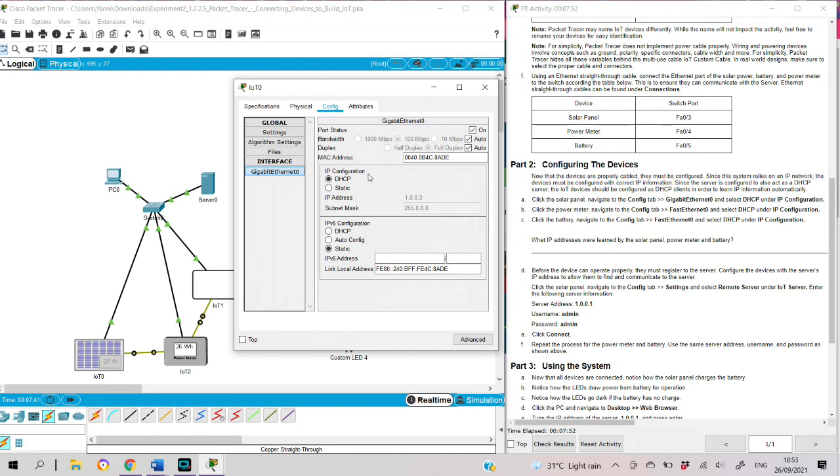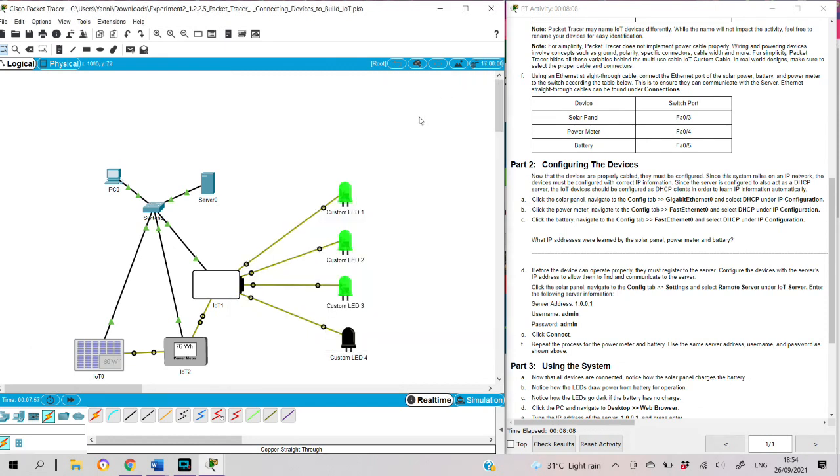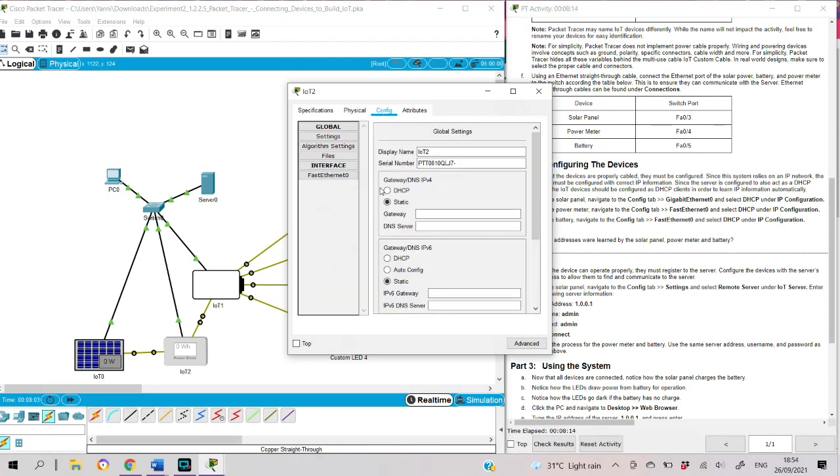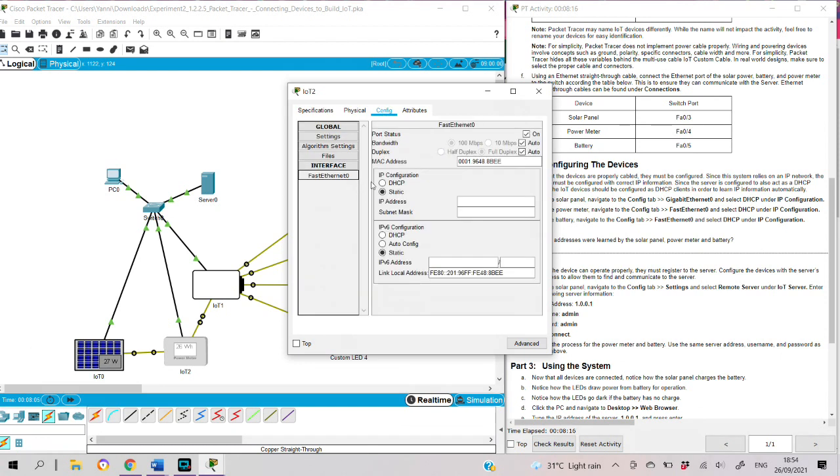We will repeat this process on the remaining devices. So we will hide it first. For the power meter,